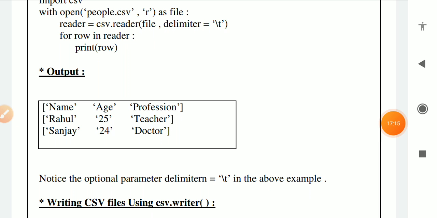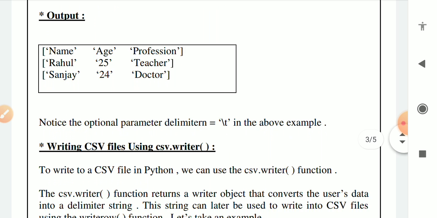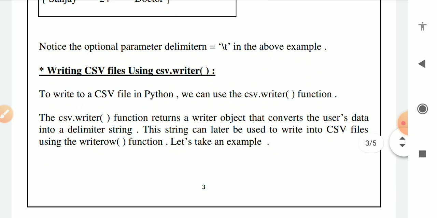So reading is completed in CSV file. Now we will start writing in a CSV file using csv.writer. Writer is the name of the function and csv is the name of the module. To write to a CSV file in Python, we can use the csv.writer function.